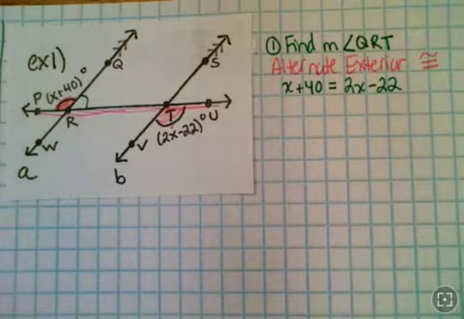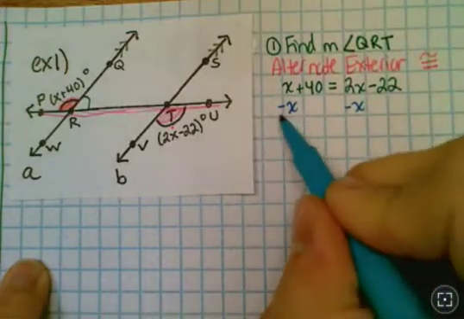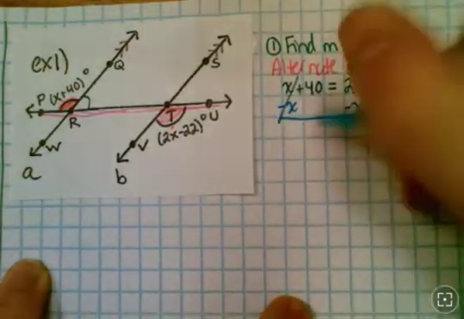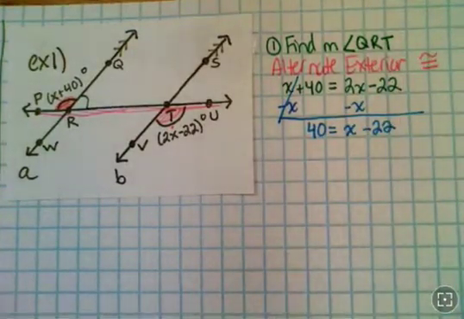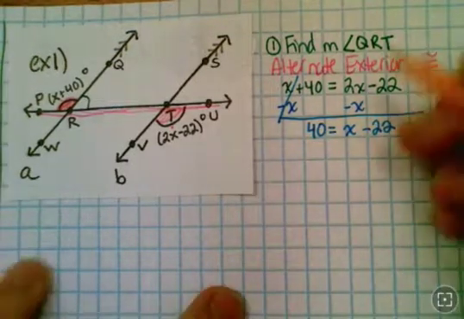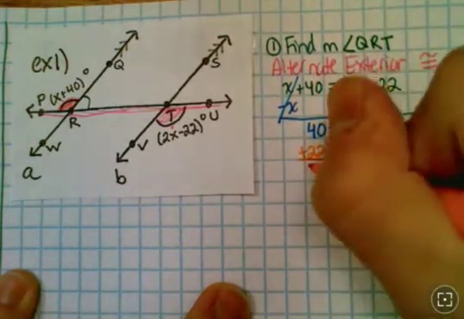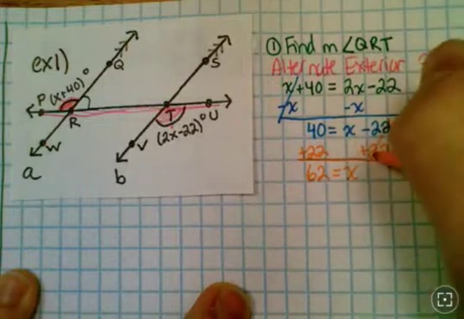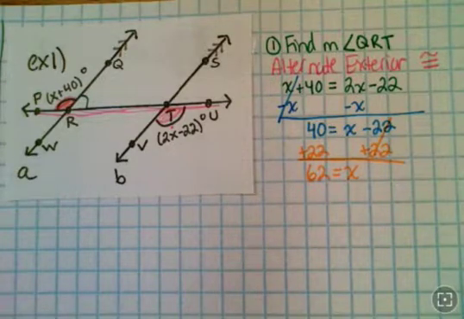You'll get more out of this if you try it on your own and look up here to make sure you did it right. So I got x equals 62,